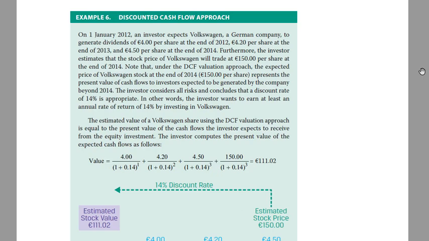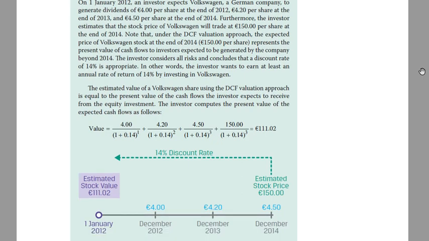And similarly, in chapter 10 on equity securities, example 6 on page 16 shows the discounted cash flow approach. It works you through the example of an investor who expects Volkswagen, a German company, to generate a dividend of 4 euros per share at the end of 2012, 4.20 per share at the end of 2013, 4.50 per share at the end of 2014. Furthermore, the investor estimates that the stock price of Volkswagen will trade at 150 euros at the end of 2014. So they walk you through the